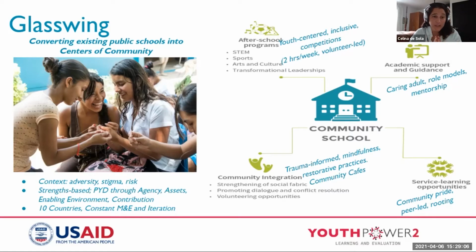So basically, as you can see on the slide, it has different components. We have the after school programs, which are catered to the interests of kids. For us, it's really important to constantly ask students what they're interested in. Most kids participate in these programs 2 hours a week with volunteers who lead these programs. There are about 20 volunteers per school, and we have one school coordinator.